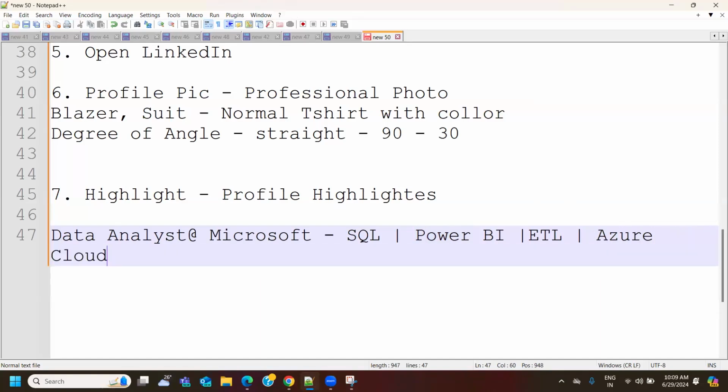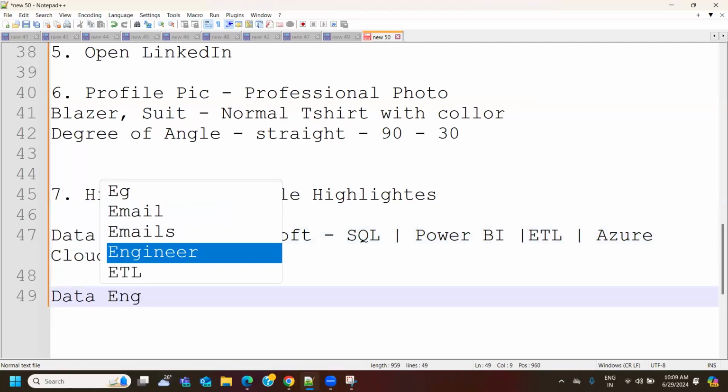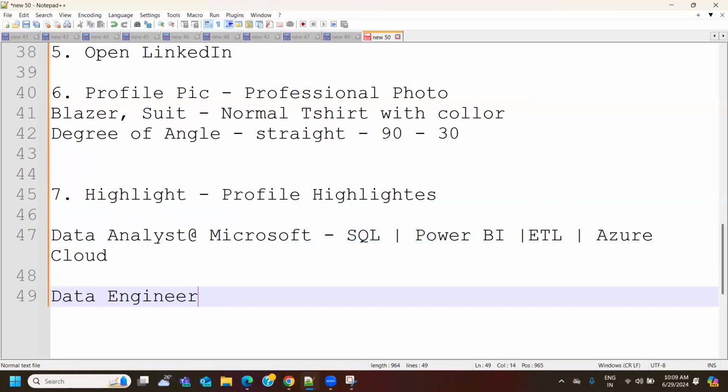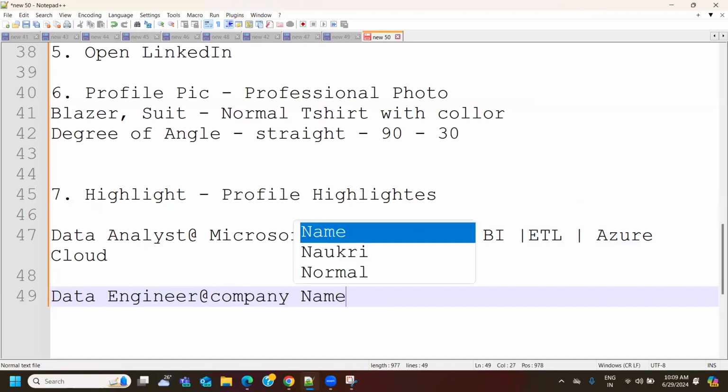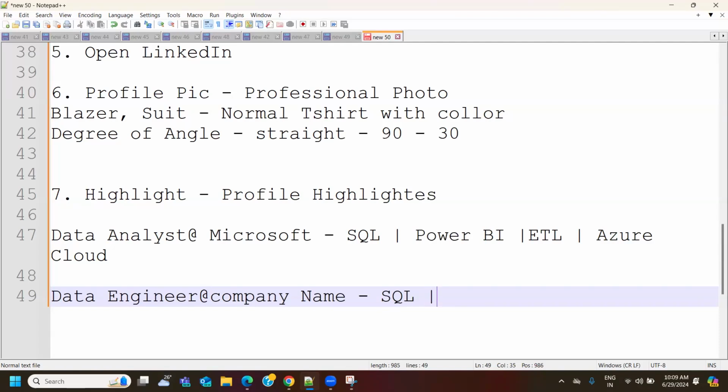If you want to make sure your profile looks like a data engineer, you will always have the flexibility to write data engineer at whatever company name. I'll mention it as company name, right? Here also SQL is a must. For a data engineer, Power BI is not that compulsory.